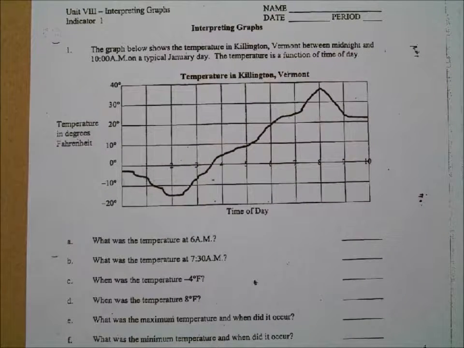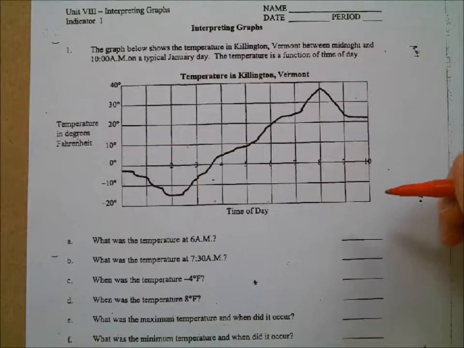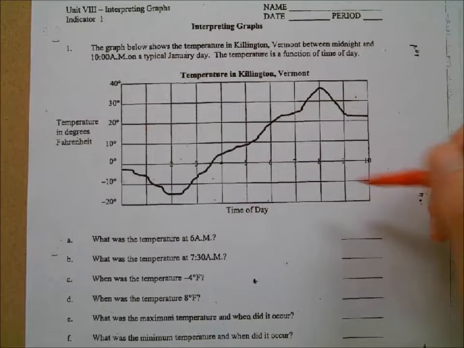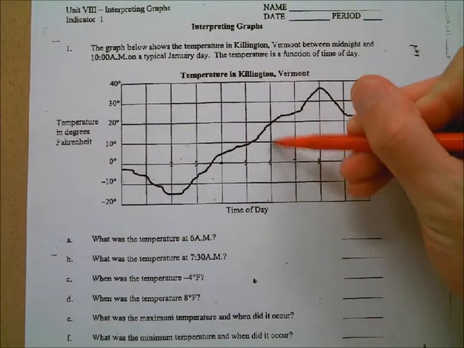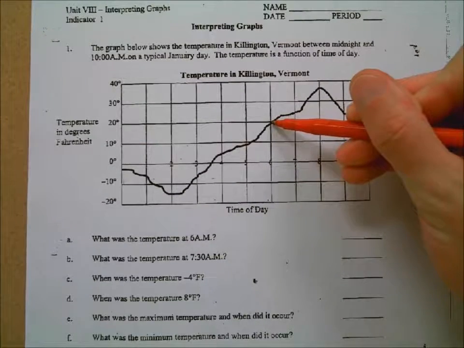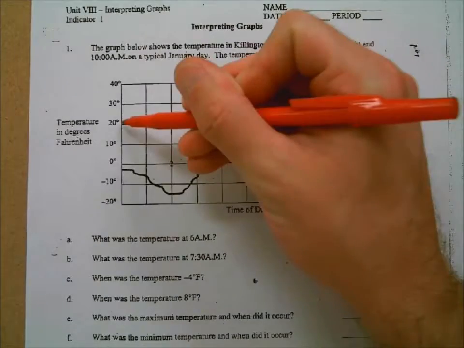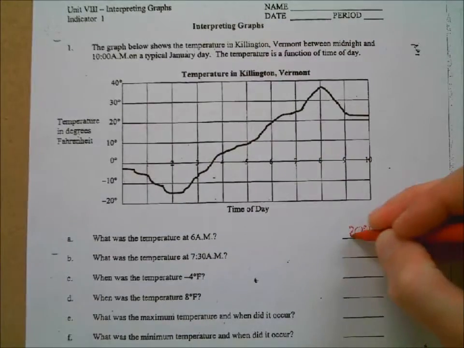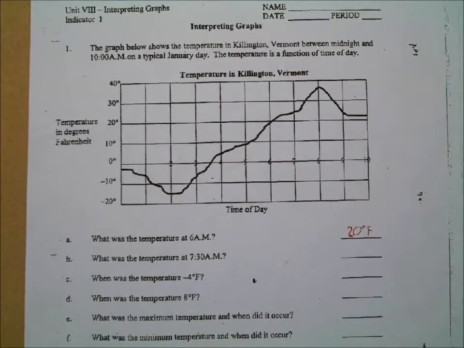So let's go to Catherine. Catherine, can you tell me what was the temperature at 6 a.m. according to this graph? 20 degrees. Okay, yeah, very good. How'd you figure that out, Catherine? What'd you look at? The sign and then look up. Okay, yeah, so we found the 6 there. Look up, and then from here, what'd you do from here? Went that way. Went over, yeah, to find the matching 20 degrees. 20 degrees. And I'll put a little F there for Fahrenheit. Okay, is it necessary to put the F? Oh, yeah. Okay, good job, Catherine.